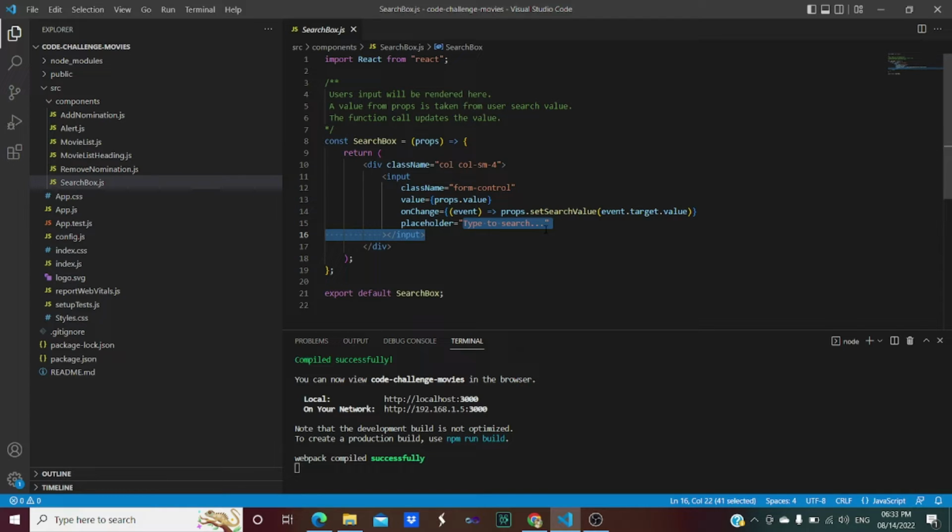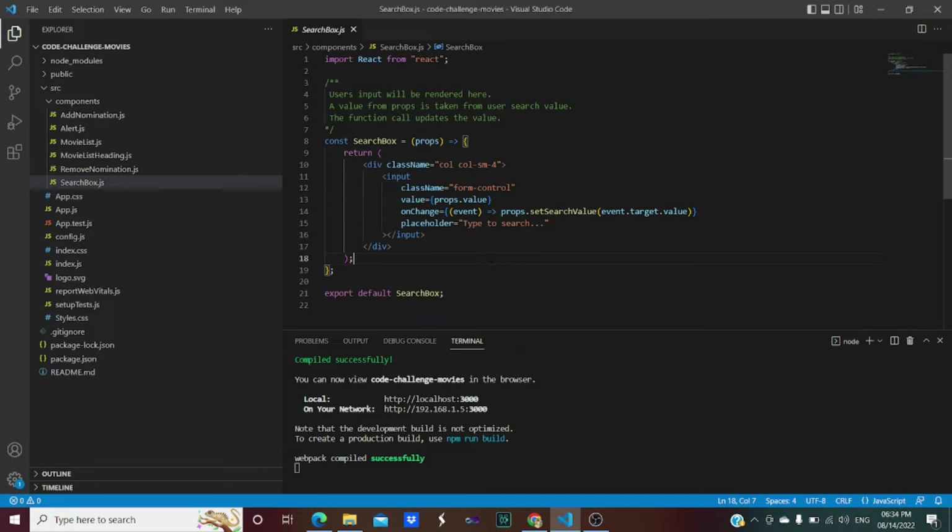After the search, we need to retrieve that search value, and according to that search value we need to pass it within the API, right? With the help of that we will be able to retrieve the list of movies which match that search keyword. And once we get that list of movies, we need to display it on our web page. For that purpose, obviously props are used, props.value is used, which will be assigned within that value property, according to the search that is done by the user.